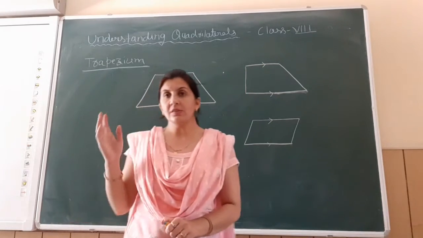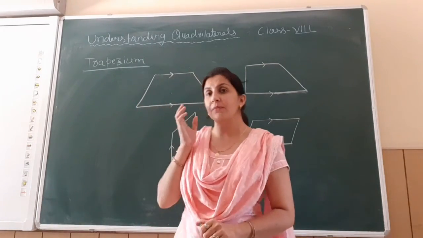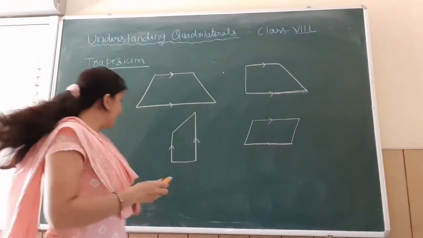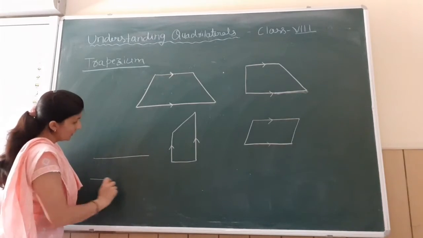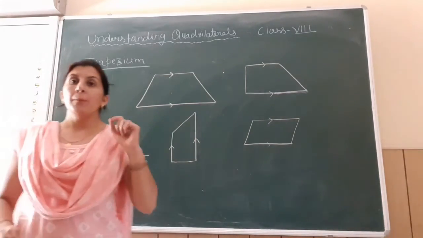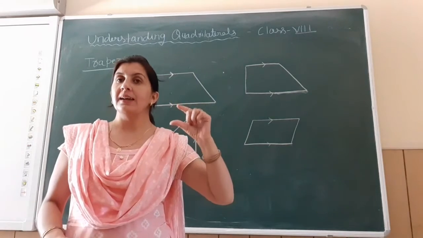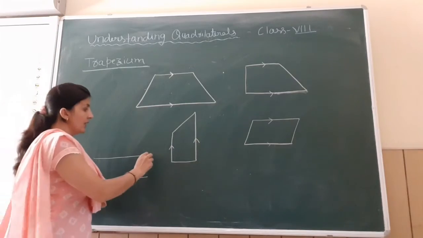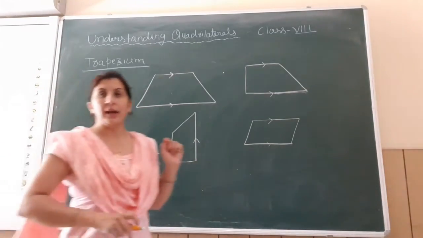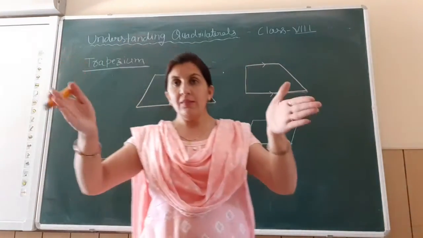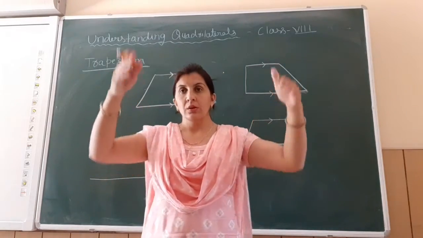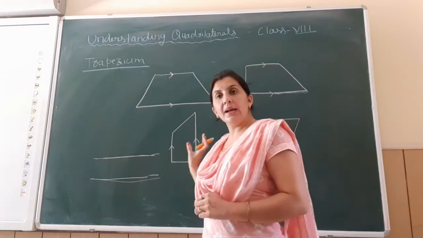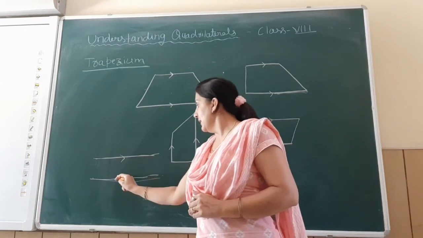Before, I said the word parallel, but what is the meaning of the word parallel? Parallel means two lines which are moving in the same direction, but the distance between these lines will always be the same. They will never meet each other. You can take the example of a railway track. On the railway track, you can see both sides are like this. They will not meet at any point. So these are called parallel lines.